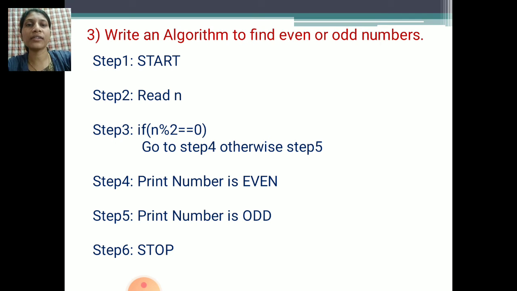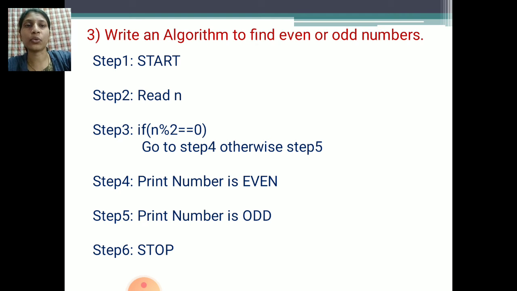Then step 3: we are using an if condition, meaning whatever condition or mathematical formula you are using in your program is declared in step 3. So, if n % 2 is equal to 0. What is the meaning of this? n % 2 means n divided by 2, and it's not a percentage sign.